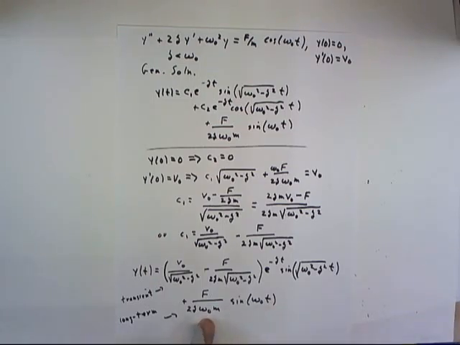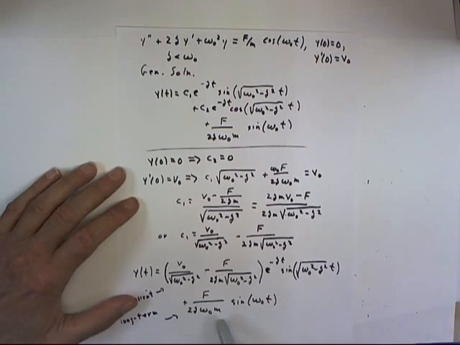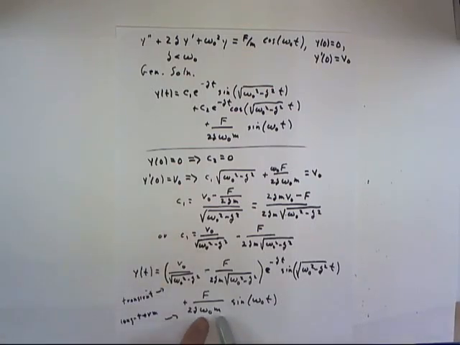Which means that even if you have a fairly small delta, a fairly small drag coefficient, you're going to lose a lot of energy. And that's going to limit your amplitude. So we have a very interesting interpretation of this long-term solution. And we can also see